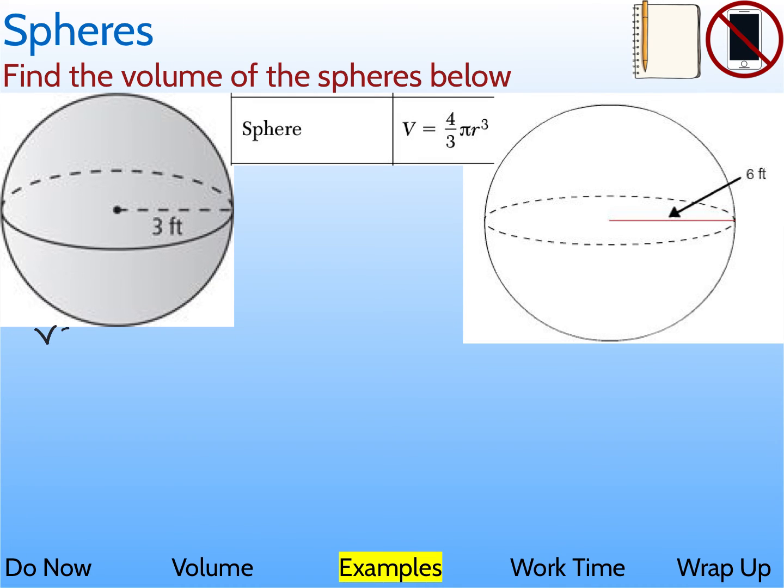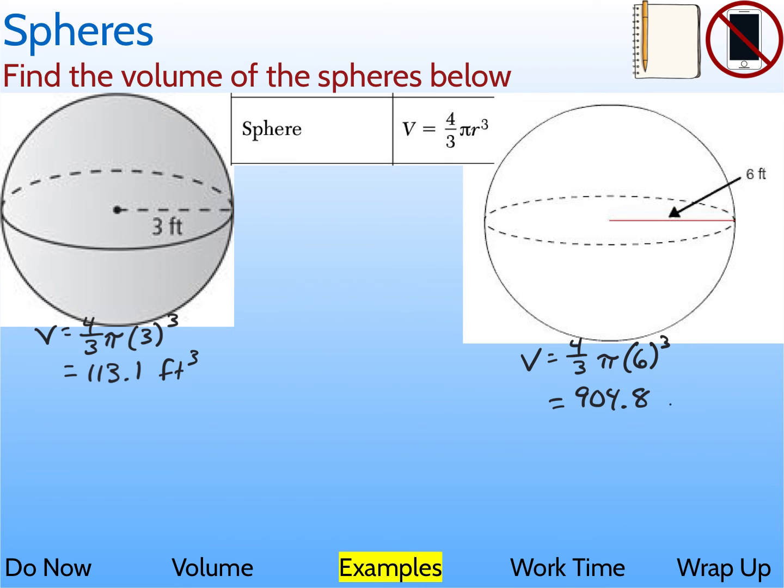With the sphere, we can do it this way. We can do the volume equals 4/3 times pi, and then the radius is 3 cubed. And if you plug all that into your calculator, you get 113.1 cubic feet. And you do the same thing for the other side. So you do the volume equals 4/3 times pi times 6 cubed, which gives you